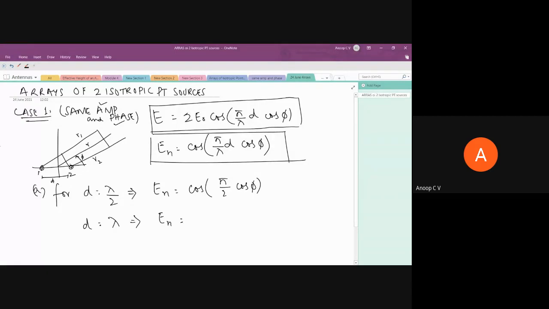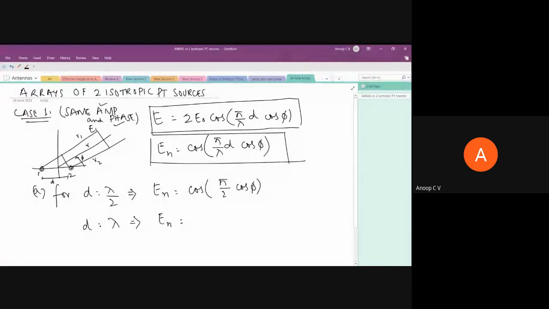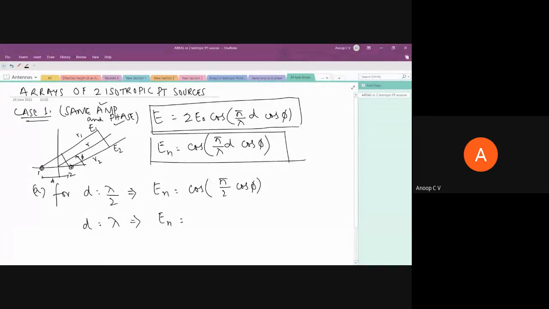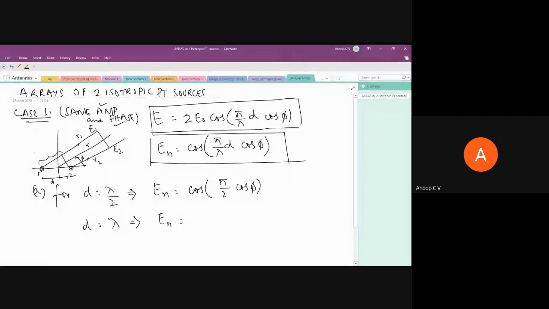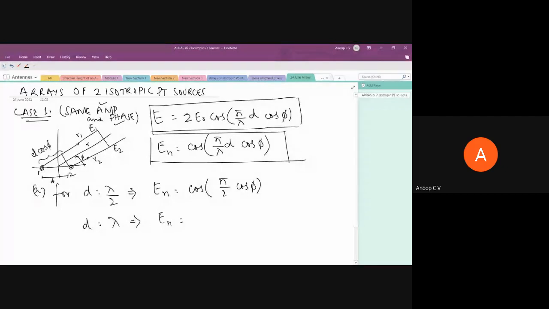Right. So what we have assumed is that the electric field intensities are considered as phasors. So phasor E1 and phasor E2 will have the same magnitude as the excitations are of the same amplitude. But there will be a phase difference. I told you in general that the phase difference will depend upon the path difference, that is, the difference in the lengths R1 and R2. You can see this much is the path difference, and that will be common for all the cases, right? So by using geometry, we found it is equal to d cos phi. So the path difference is d cos phi. That will be common for all the 5 cases which I discussed.